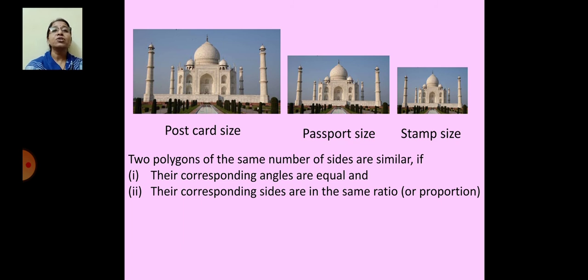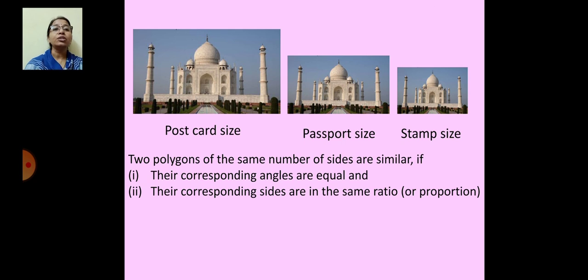While doing this, do you find any change in the inclination? What is the meaning of inclination? Inclination means the angle between two adjacent sides. Here the angle is 90 degrees. Here also the angle is 90 degrees. And in the third diagram also the angle is 90 degrees. Do you find any change in the inclination? No. So let us put all these points together and frame one generalized definition of similar figures.